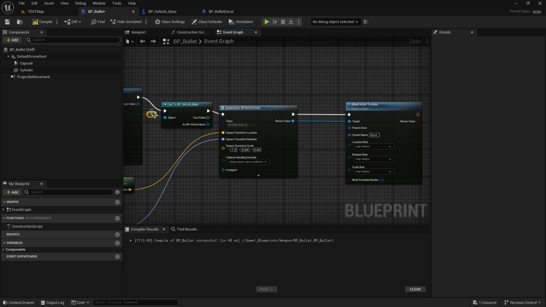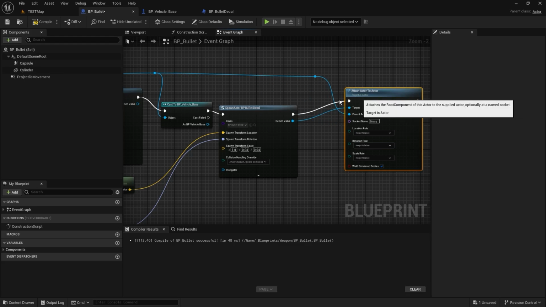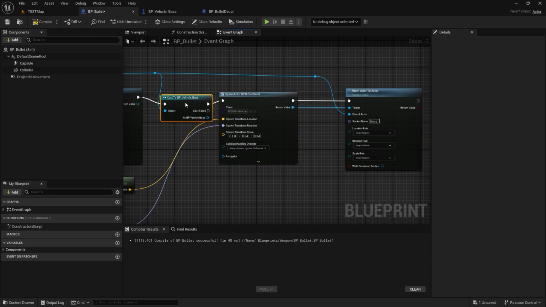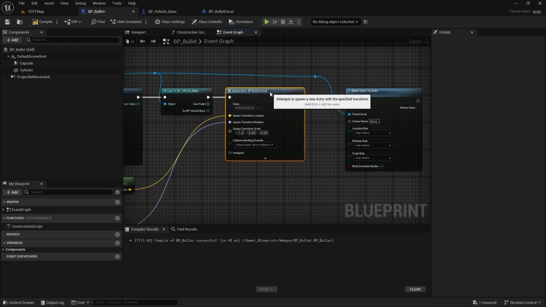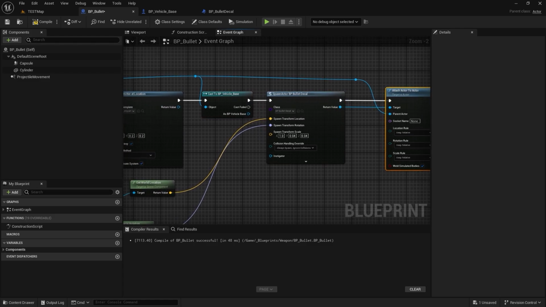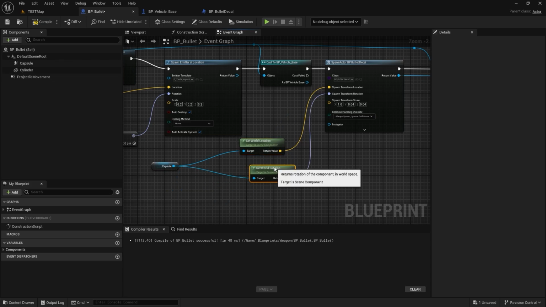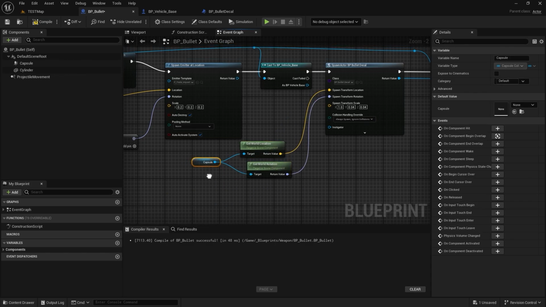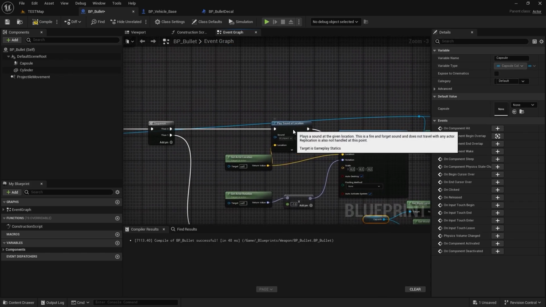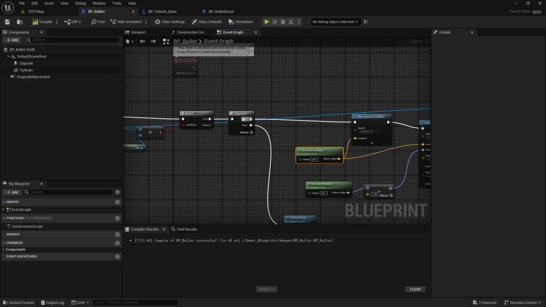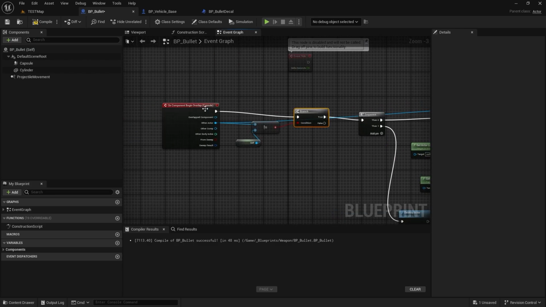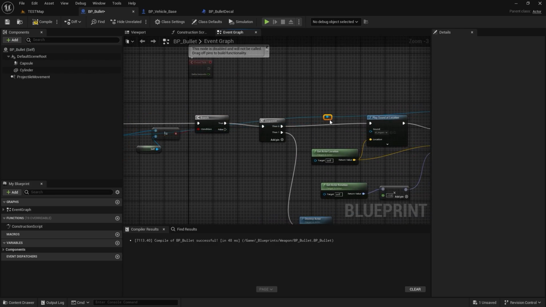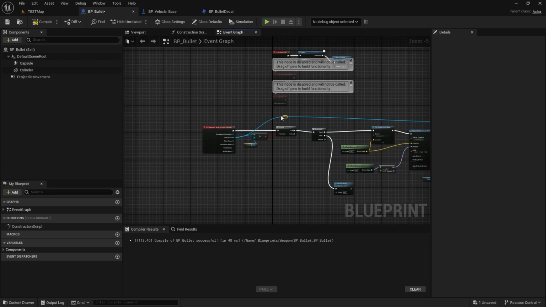If the cast is succeeded, then we want to attach the current actor, like this, a decal actor, to that actor we have in there. And there we go. So I'll just bring this one this side, this a little this side. I'll bring this one in here. So then I can just bring this a little down, and this one a little down as well, and this one a little down, and this one. And then I can just bring this